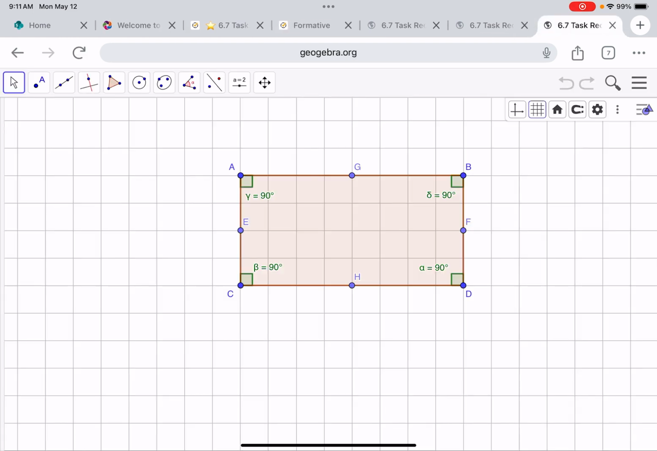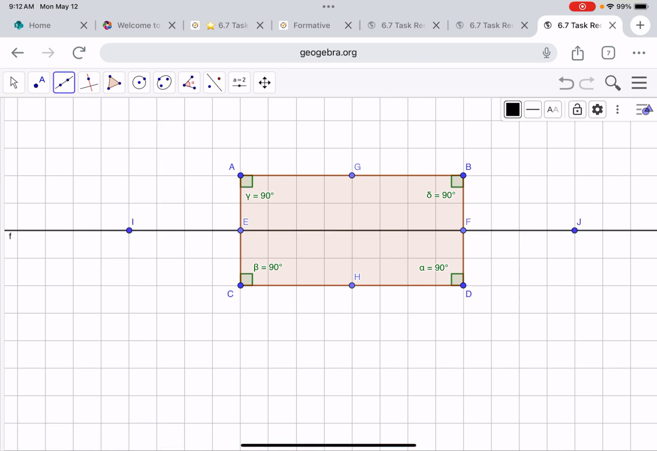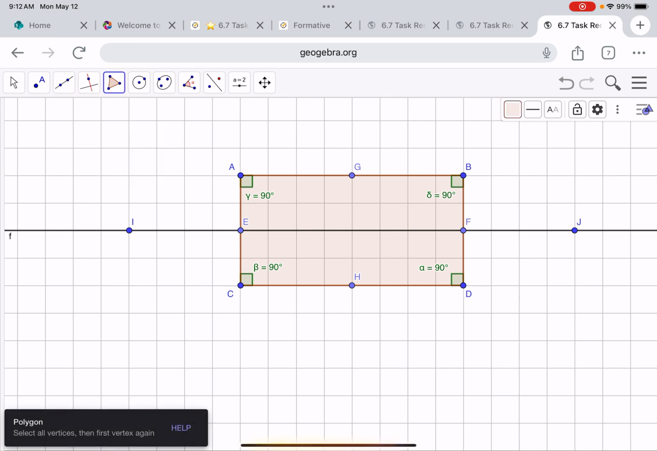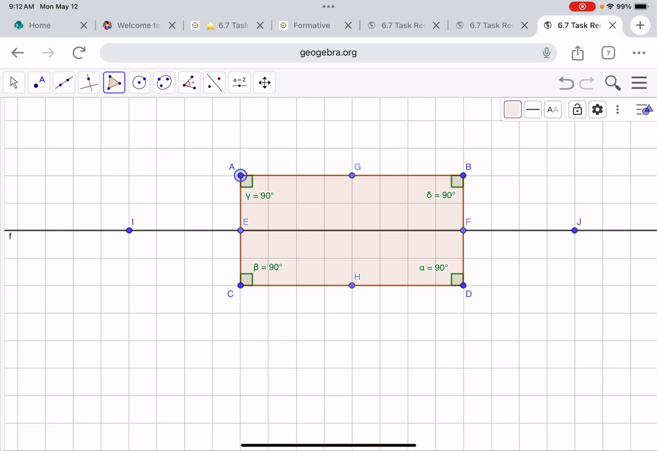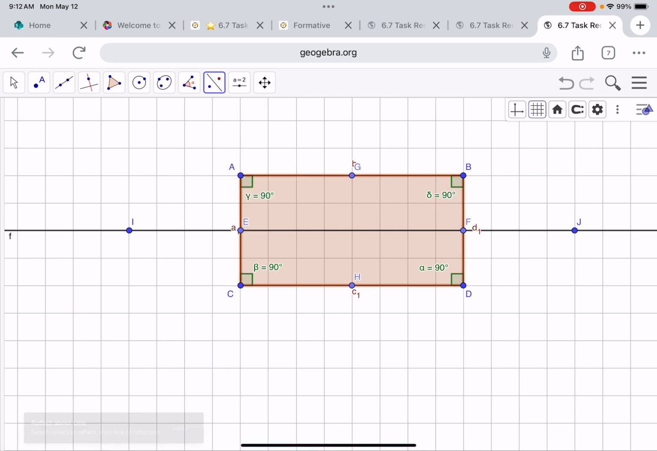If I draw a line this time from here to here, and then I reflect the rectangle hot dog way over that line, angle A should land perfectly on angle C. Let's draw the polygon. A, C, D, B, back to A. Now reflect about a line. Click the polygon, the line,